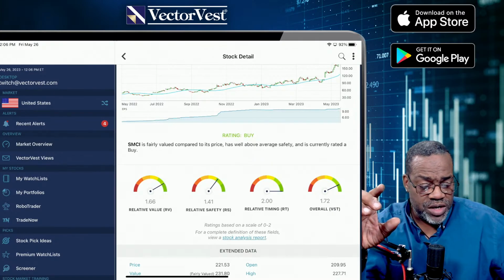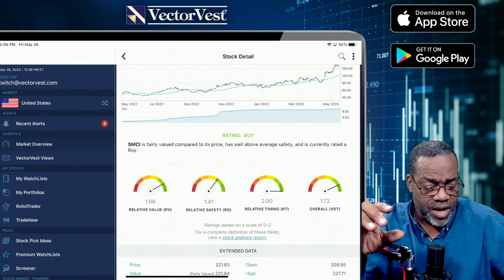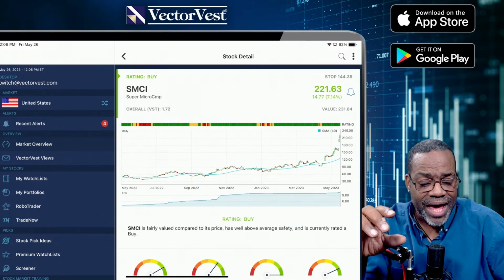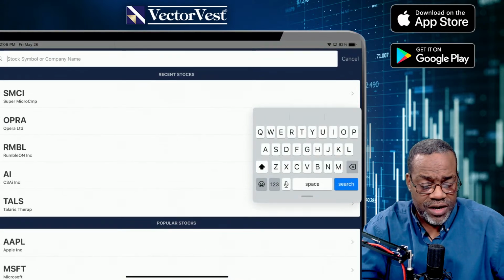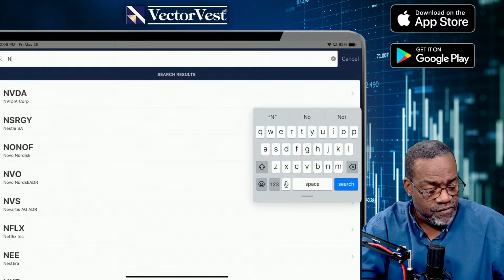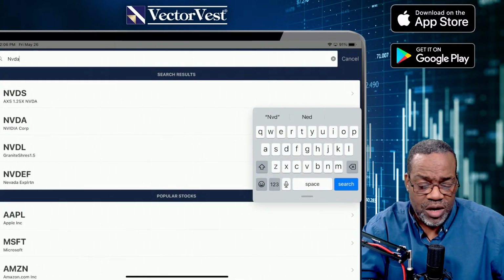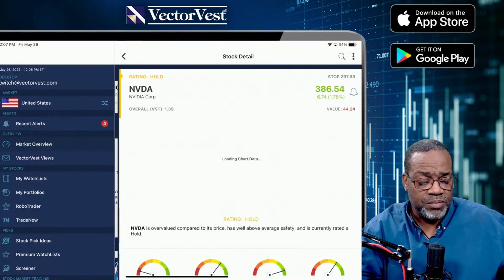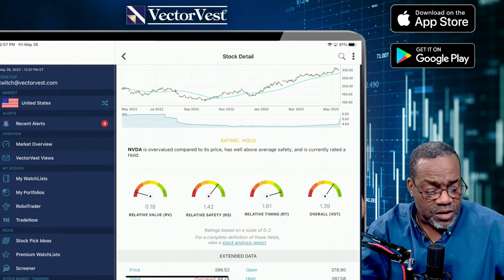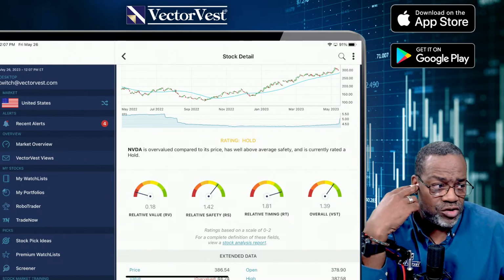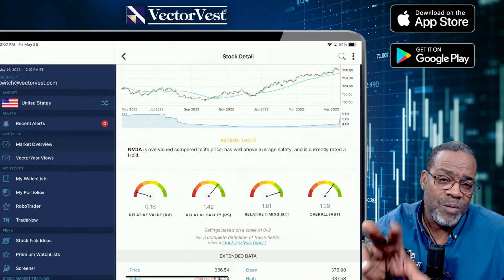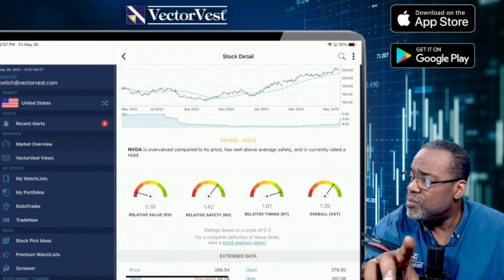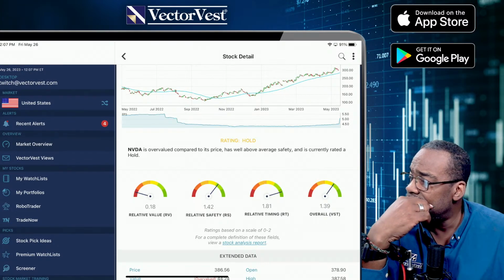All right, so what stock was that? That was SMCI. Let's go now look at NVIDIA. NVDA. I'm jumping ahead but you know something? I think it's a great question. Look at NVIDIA. I like the price action on NVIDIA, but the relative value tells me that long-term, maybe SMCI is a better play. All right, does that make sense?